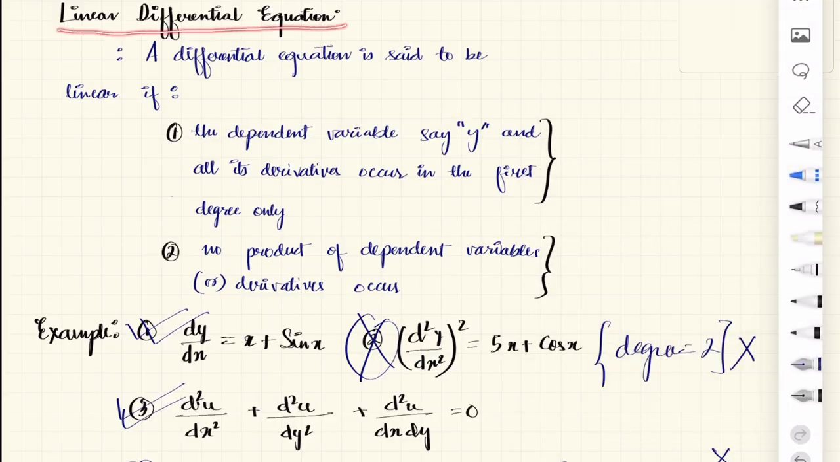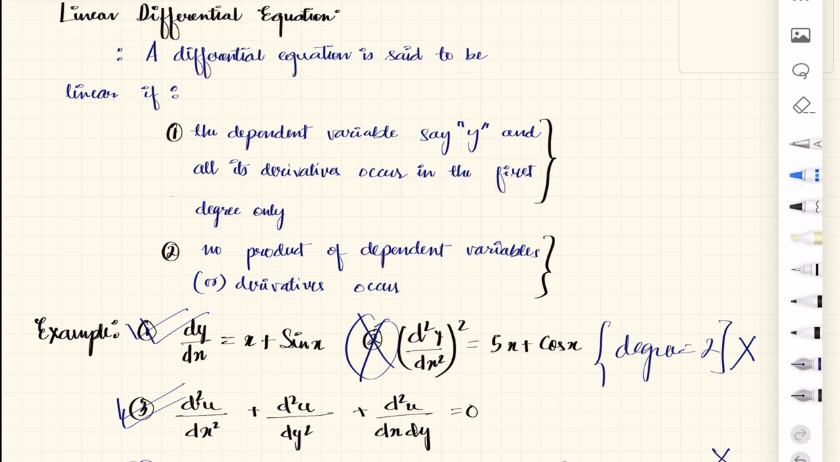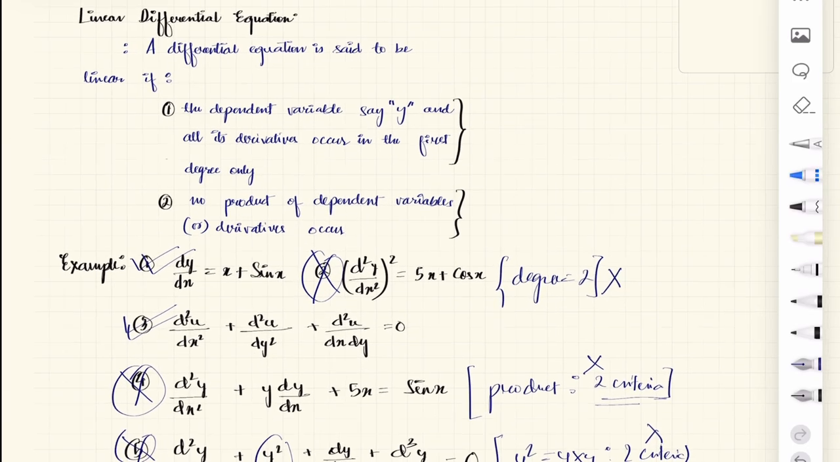A differential equation is said to be linear if the dependent variable y and all its derivatives occur in the first degree only. And there should be no product. They said no product of dependent variable or derivative occurs. Understand? This is the first definition. So what about the